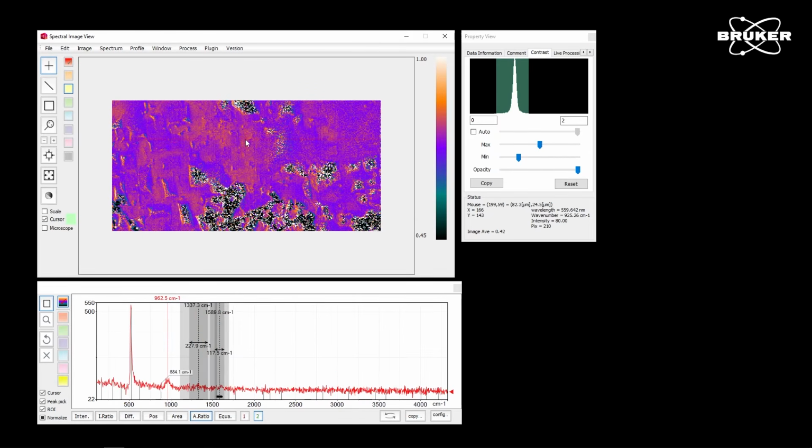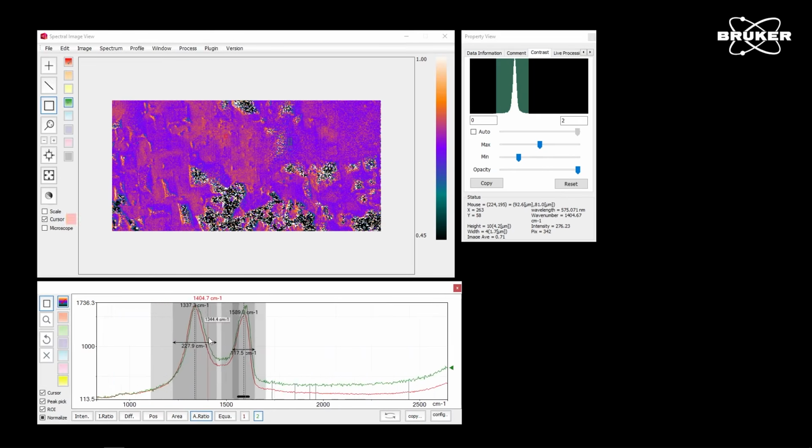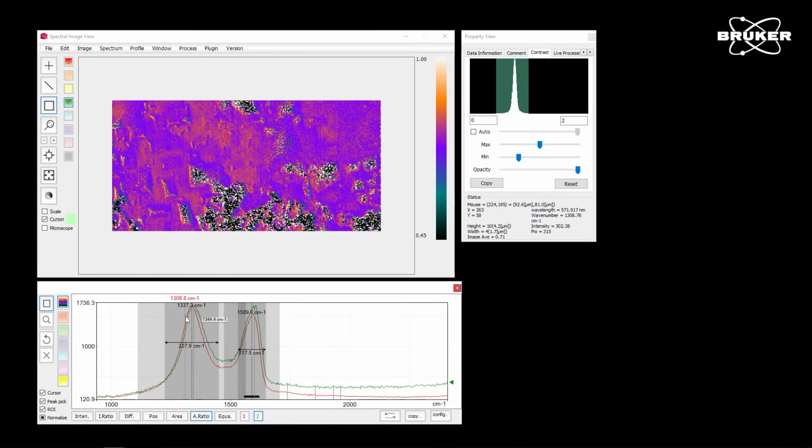But here in orange and purple, we can see slight differences in the crystallinity of our sample. If we look at those two, so let's say the orange here in red and the purplish ones in green, we can see that the ratio is slightly different. It's not very significant, but we can already resolve such small differences by creating a quick ratio between those two.